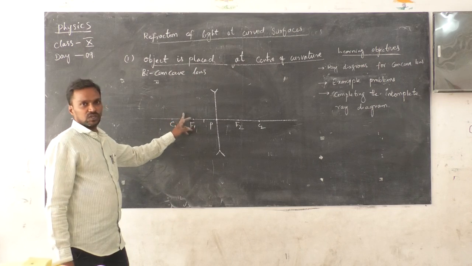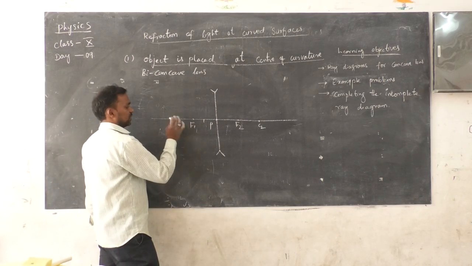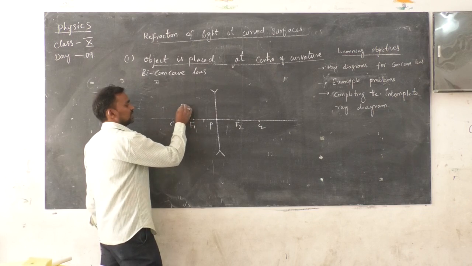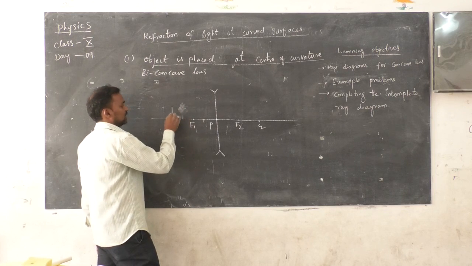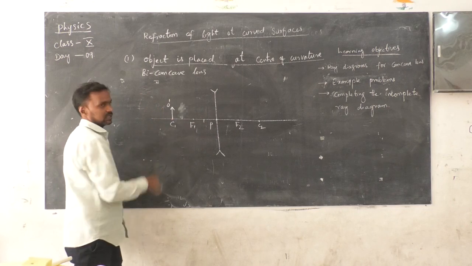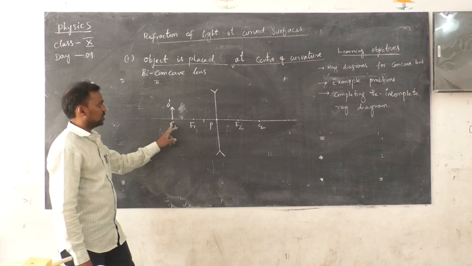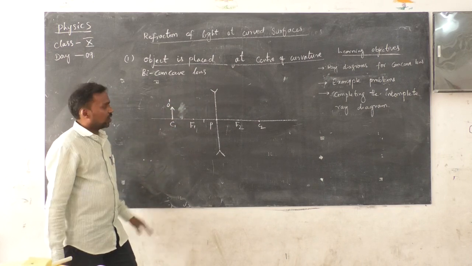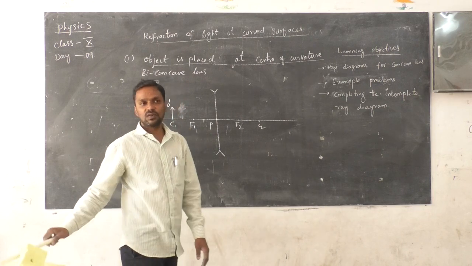And where my object should be, let us take the object between C1 and F1. That means the object is at the center of curvature, at C1. I cannot keep point upon point, so that's why I am taking my object as C O dash. Now I am drawing again using rule number 3.